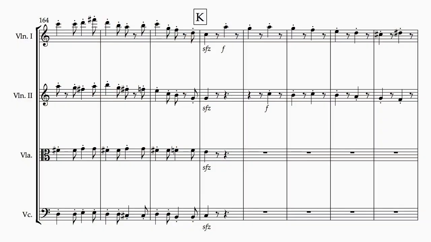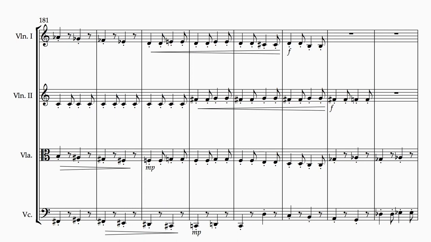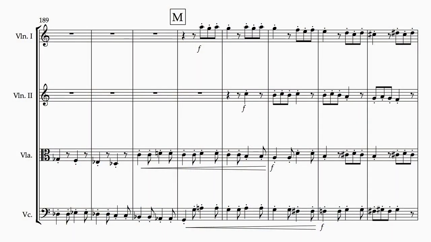At K, we get another new section. We move away from the rondo theme again, and at first it looks as though we're returning to the notes from the opening, at least in the first violin, but what we actually get is a sort of canon. Although parts aren't playing the same thing, in fact they're repeating their own parts from the opening, just offset from one another this time, which gives some rather interesting chords. Eventually, after L, it diverges, and then at M, these motifs from the rondo theme start popping up again, but